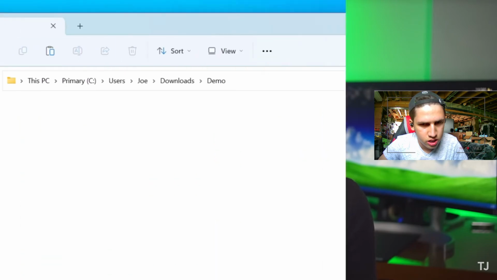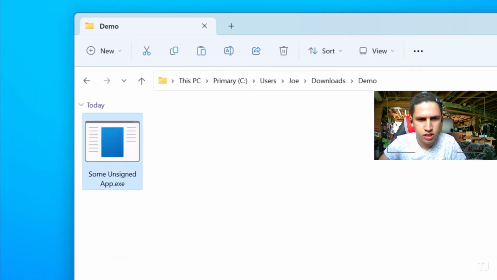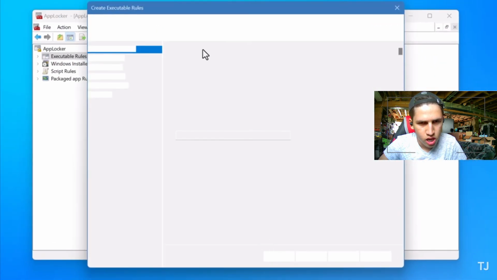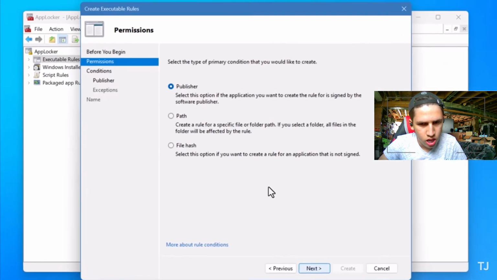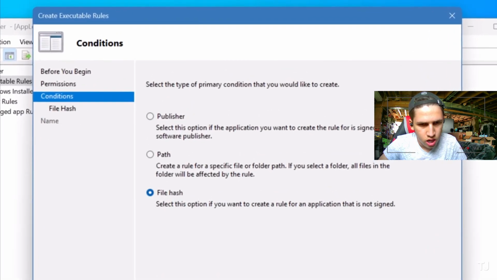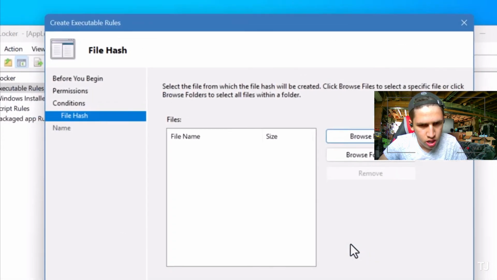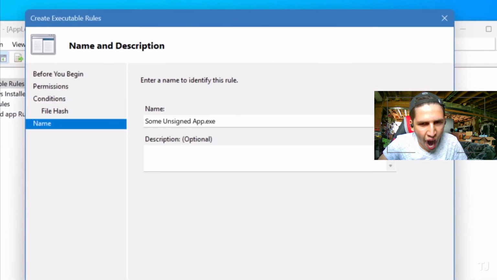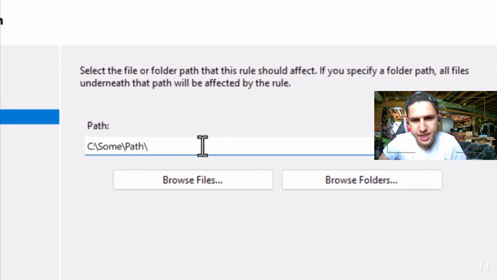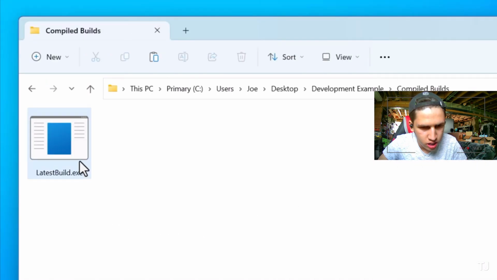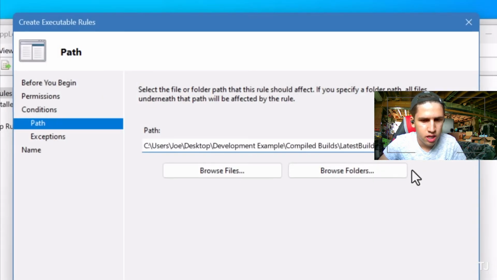And then, if there is an executable that is unsigned, but I know I can trust, I need to specifically create a rule to allow it, such as adding the hash of the file to one of the rules, which means that it doesn't just go by file name. It's literally that exact file, no matter what it's called, will be checked for whether it can run or not. Now, you can add more lenient rules, like allowing executables within a certain path and even using wildcards. So maybe if I'm writing my own software and I'm compiling the code into the same file name every time that I want to test, I could